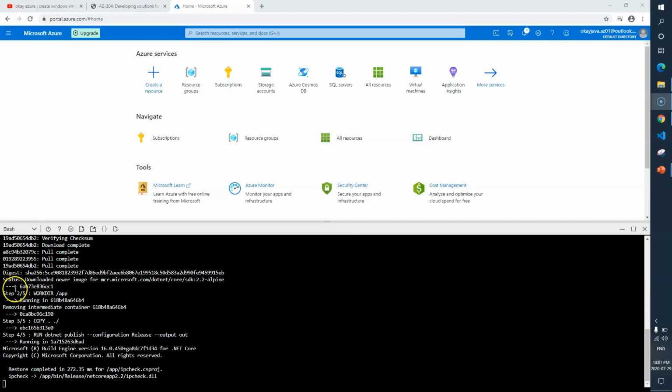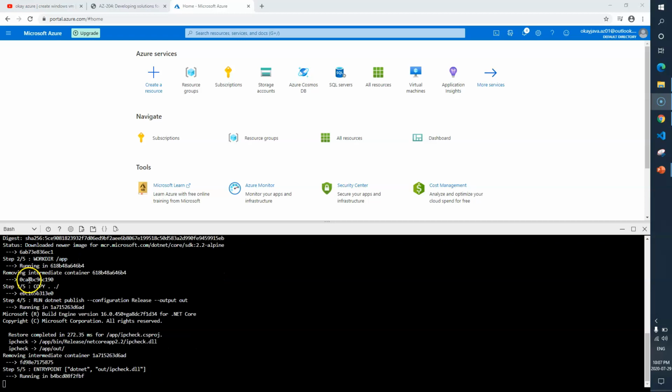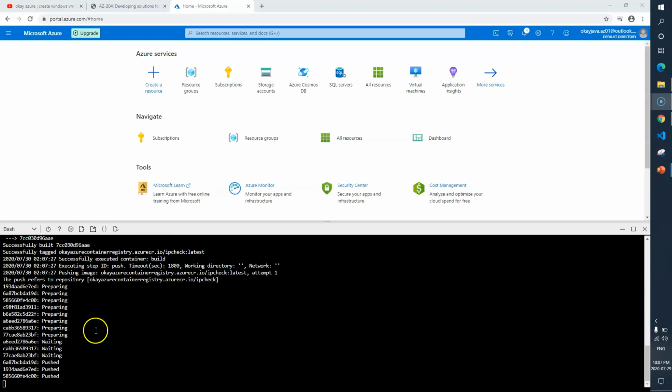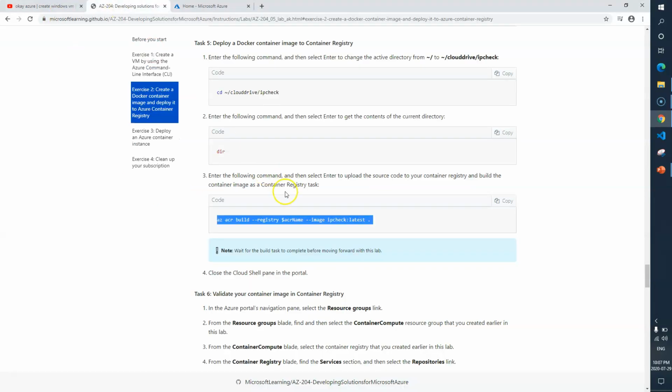Now you can see it's printing status, downloaded new image of this one, and doing many things. Till then, let's go and read the next instruction.